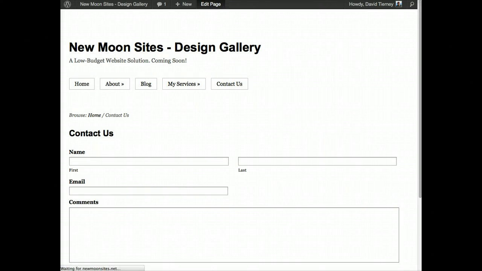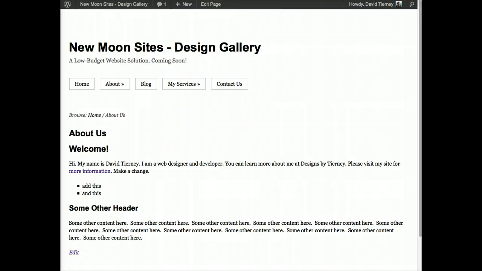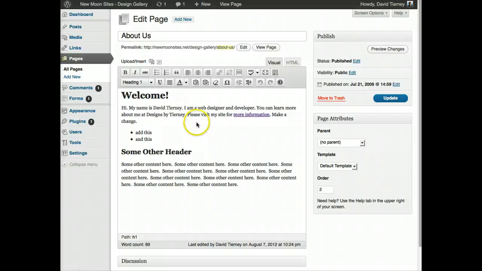So let's take a look at another example. With a lot of websites that I develop for clients now, and with some templates that you'll find, there's shortcodes that allow you to break up a page into columns. So you've got a left and a right column, and you can specify if you want it to be half of a page and a half of a page, or 1/3 and 2/3, and you can do some complex layouts using shortcode. So I'm going to go ahead and enter in some shortcode here,